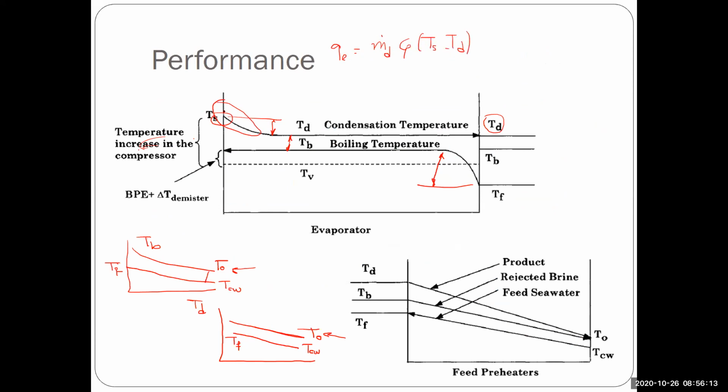So this is the kind of sensible heating that occurs here, plus m dot distillate into HFG of steam. So this is the energy given by the heated vapor, the vapor that leaves the compressor at high temperature. This is the energy which is transferred from this to the brine. This is also going to be heating the feed